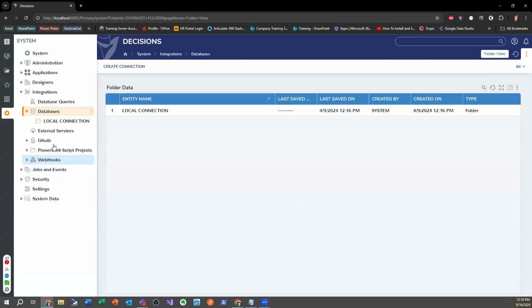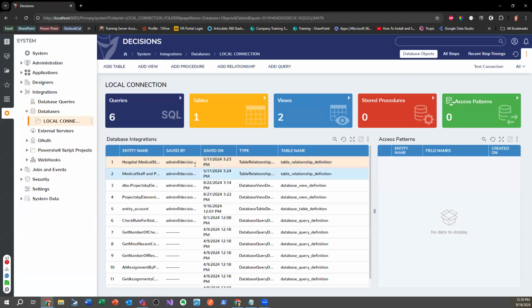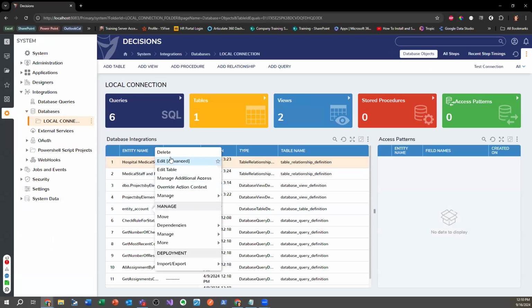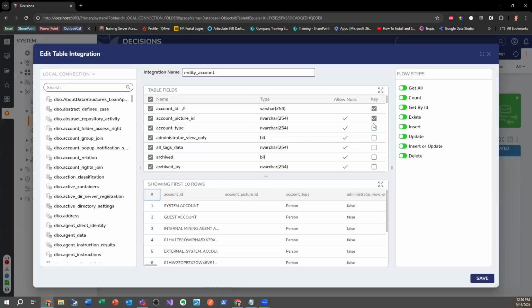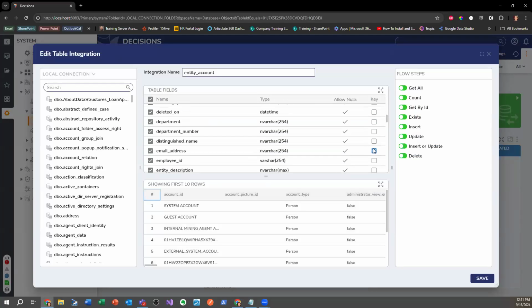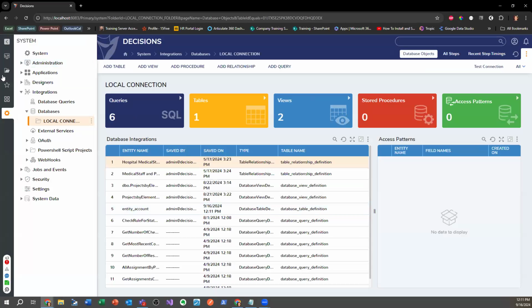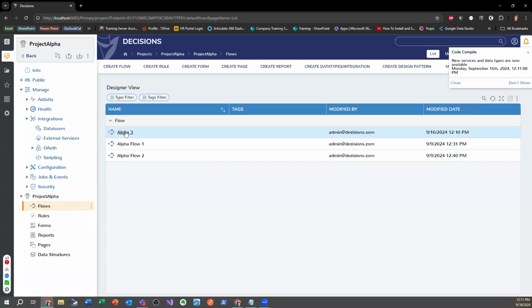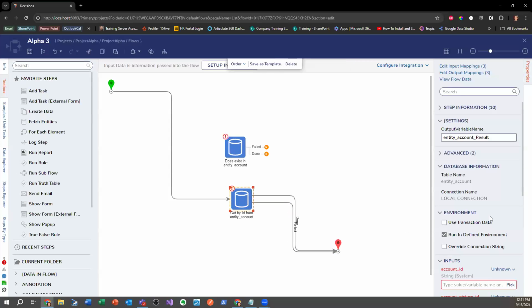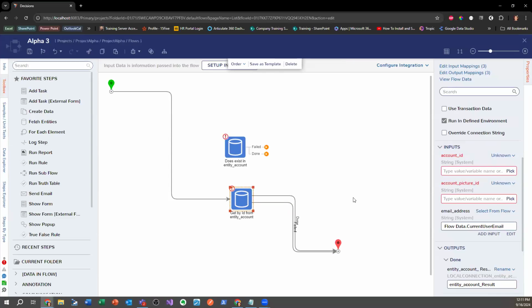So we need to go into every single get step, insert step or update step in every single flow where I've changed the email address to something else, and that's got to be populated somehow in the flow. So I guess what I'm asking is, how can I easily find all the flows which have these